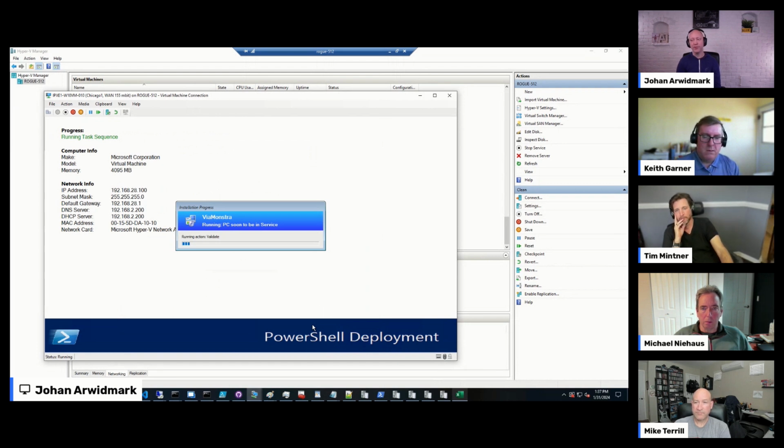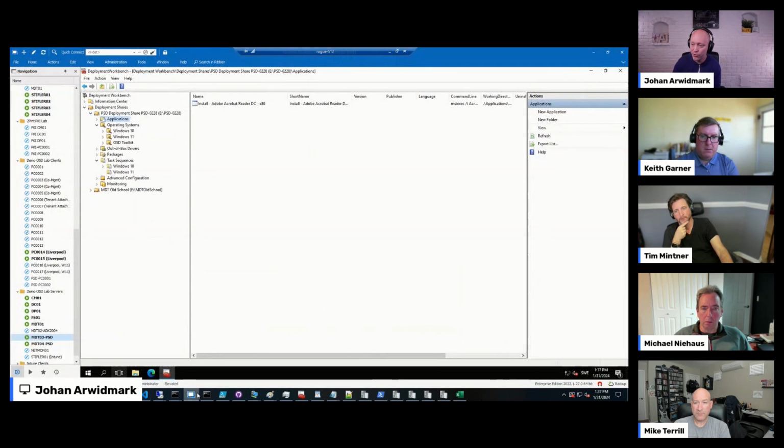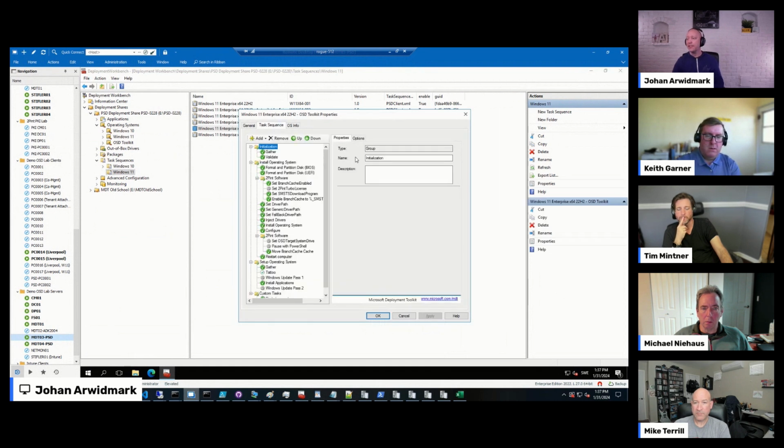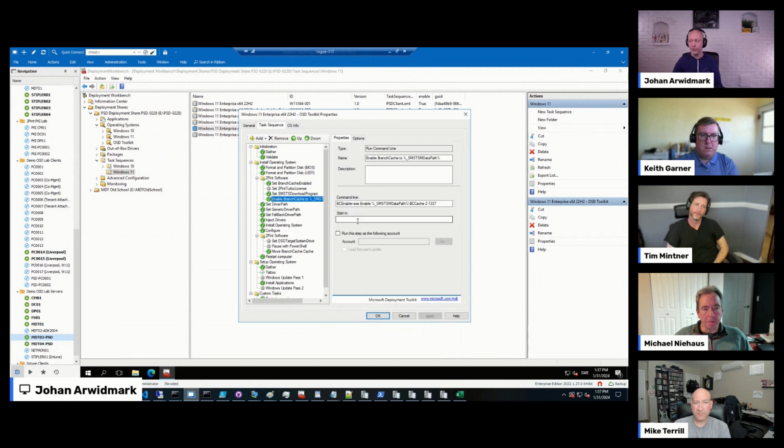And during deployment, we will leverage another one of our techniques, and that is we support BranchCache in WinPE. We have a product called the OSD Toolkit. It basically enables BranchCache during the first phase of imaging. So in that particular sequence that I'm showing you, if I go up to the server side and take a quick look on that one, I have added in the steps that make this possible. A few additional steps in the sequence enable BranchCache or start that service, because we have a tool that adds those components to the boot image.